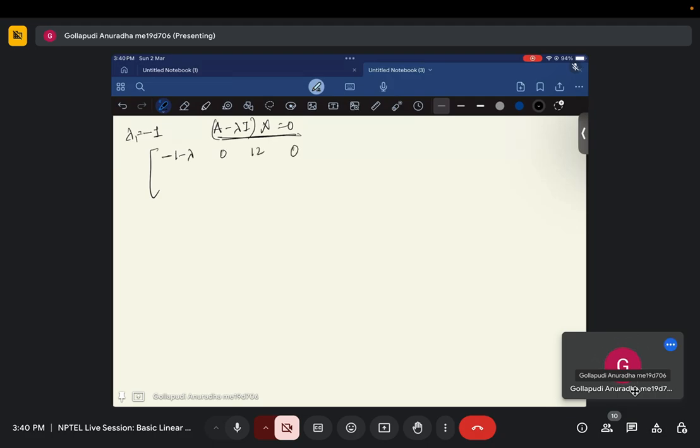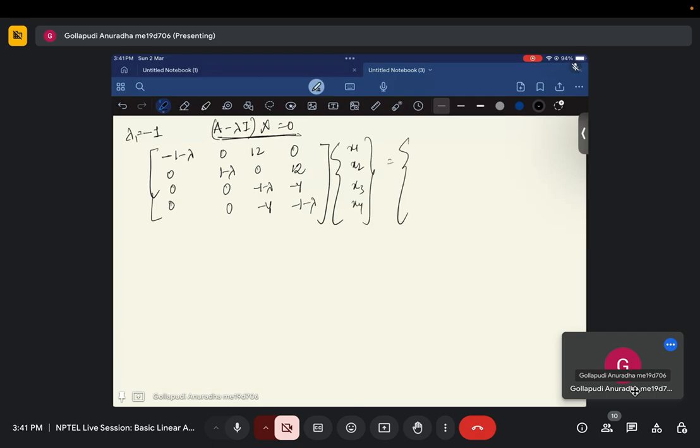Let's do it for minus 1. So lambda is minus 1, so we are going to get